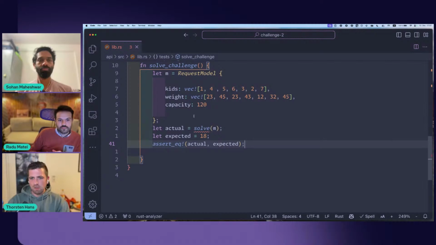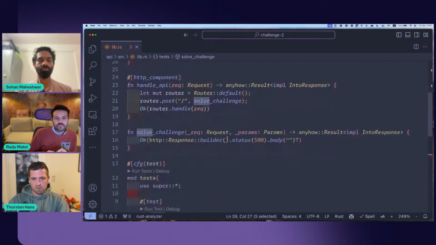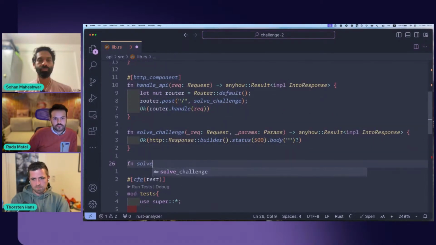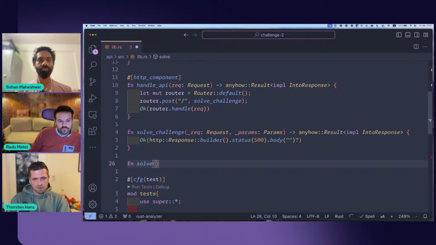To make the code actually compile, we have to come up with a solve method. We do that again in our regular top level scope over here. This would accept a model of type request model, and it has to return a U8.